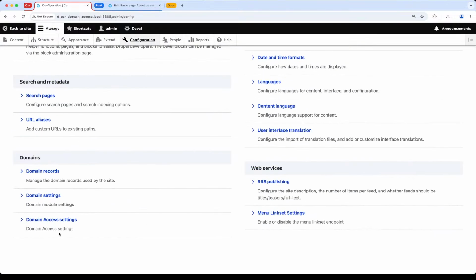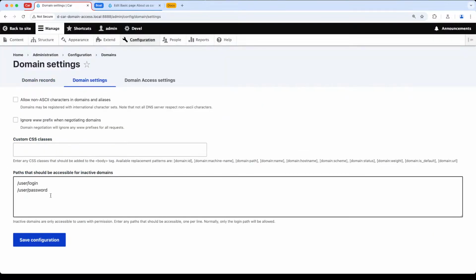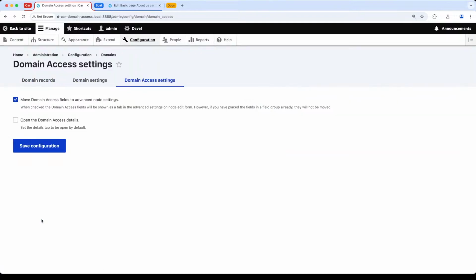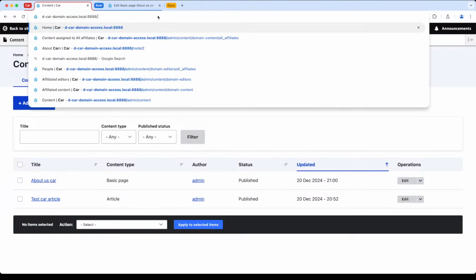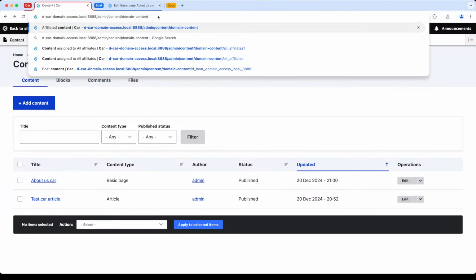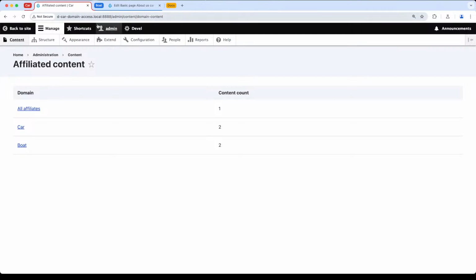Let's go to configuration, domain settings, no, domain access, no. Anyway, let's go back here. So if you go to admin/content/domain content, you will get this page where you can see a count of all the content